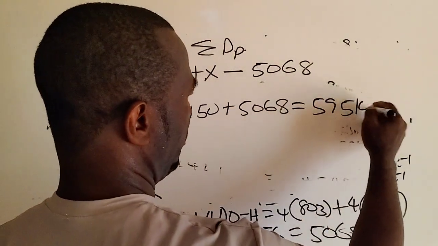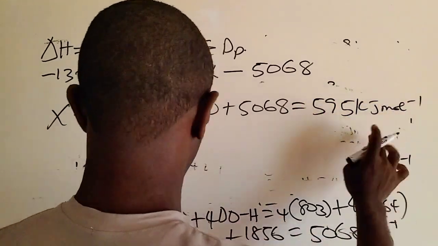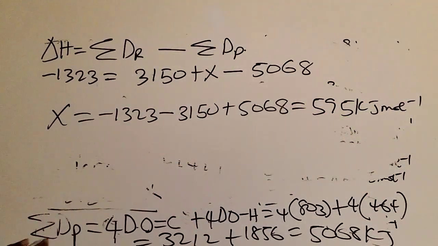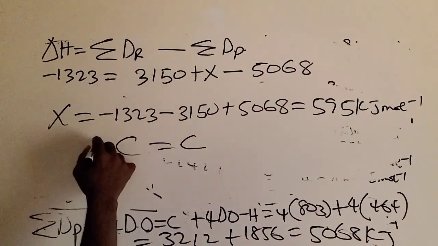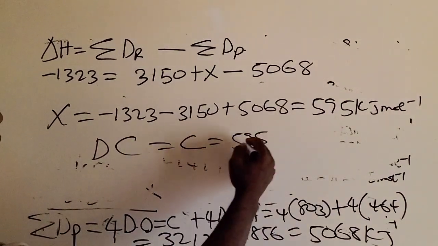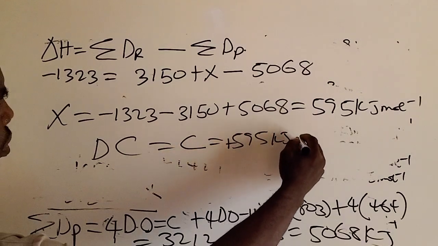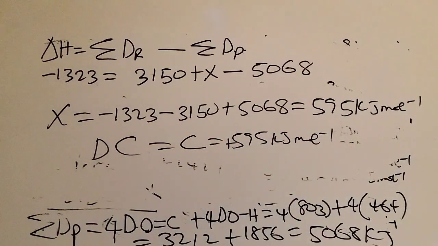595. So this is the bond energy for the carbon-to-carbon double bond in C2H4, which we were asked to find. That is 595 positive kilojoules per mole as our answer. Having seen what is meant by bond energy, and how to calculate enthalpy of reaction, formation, and combustion using bond energy, we are now going over to the